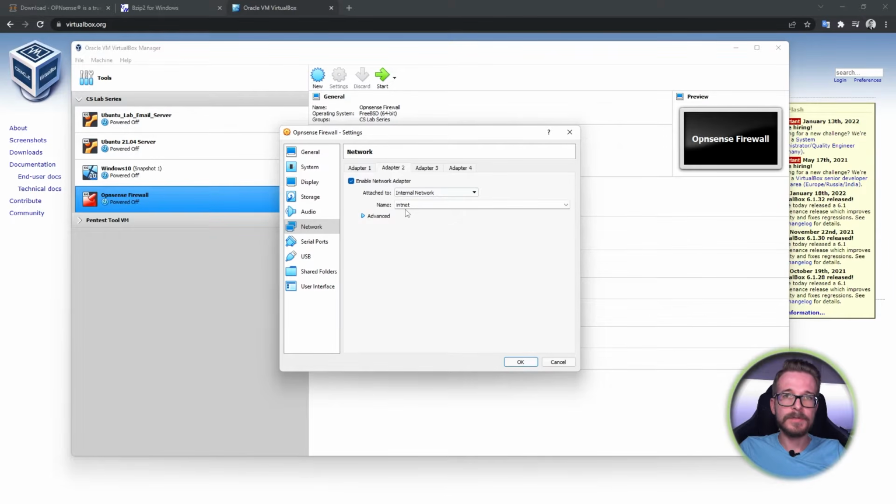I'll explain how this works later when we configure this firewall with a WAN and a LAN IP address, but it'll make more sense when you see this in action. But think of IntNet as our virtual switch that we're going to be connecting this machine to, which is on our LAN. Once this is complete, we'll click OK,